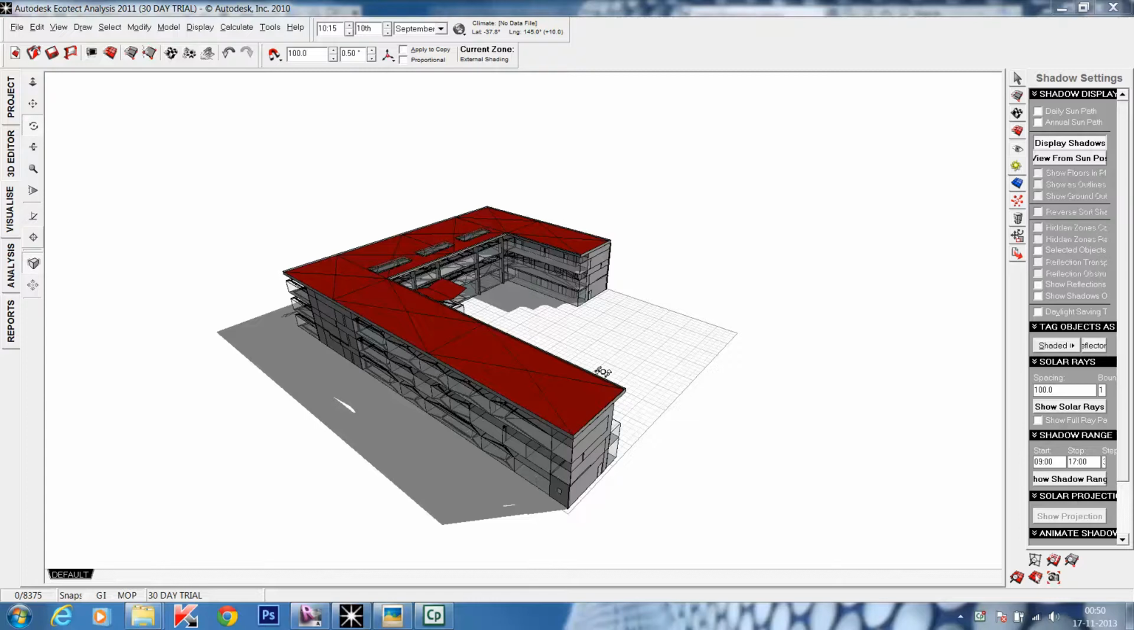Hello everyone, this is a tutorial on Ecotect analysis, and today we're going to do analysis on the solar radiation of the building. This is a 3 or 4 storied office building, and we are going to calculate the amount of solar radiation on each and every surface of the building. This building has been modeled in Revit software and it has been